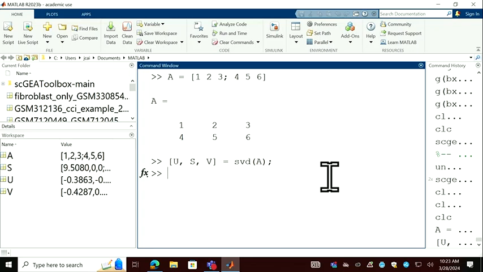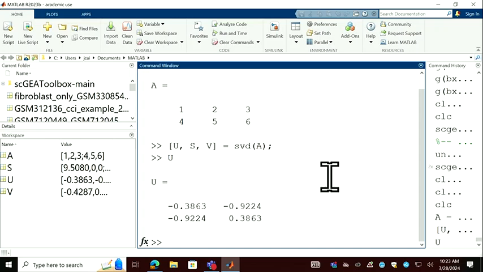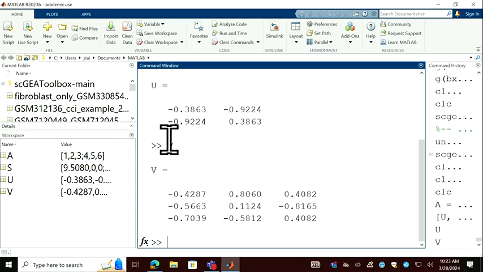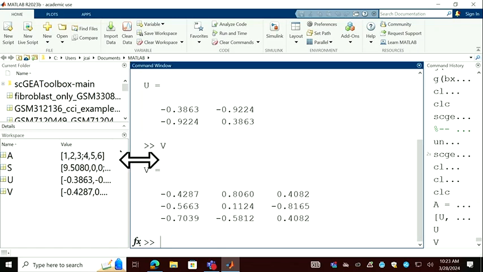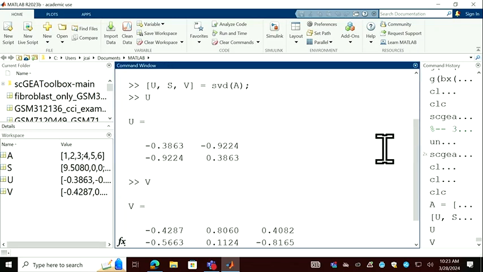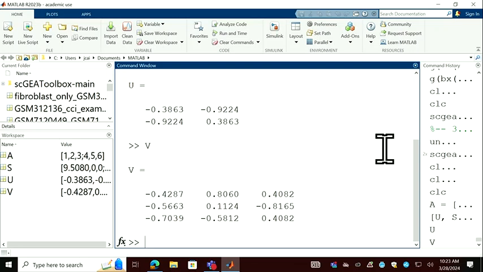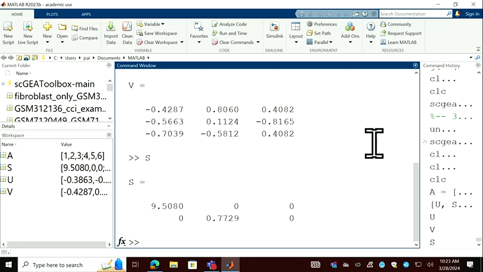So let's see, this U will be 2 by 2, V is 3 by 3. S is a vector of singular values, but if you put the singular values in the diagonal positions,